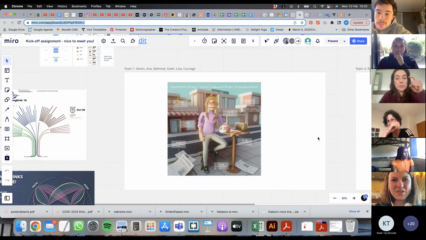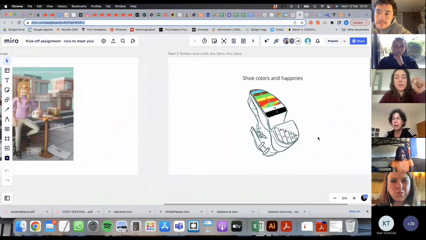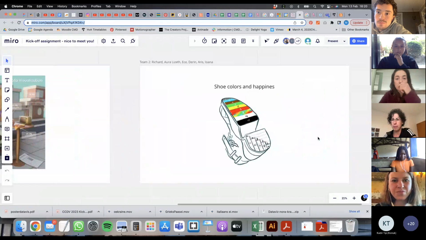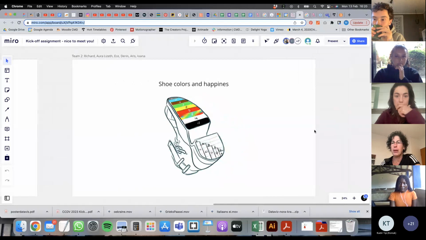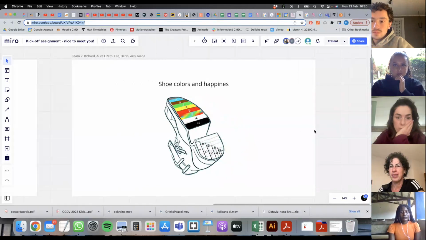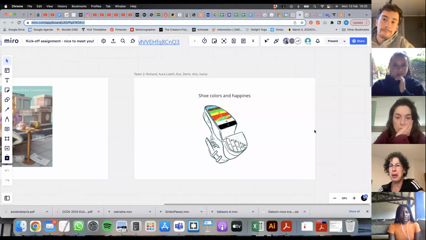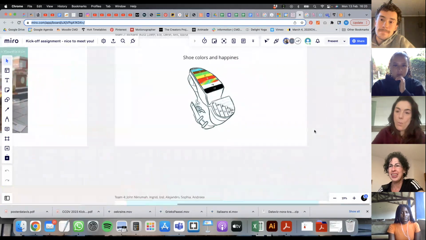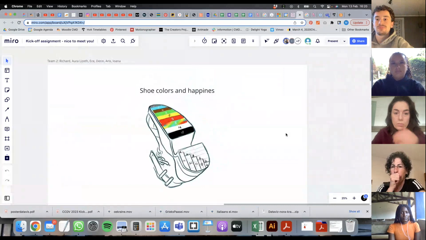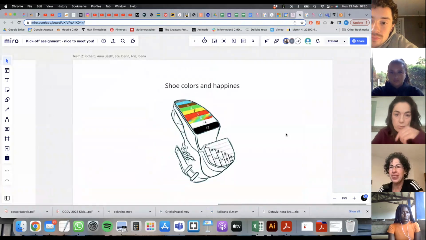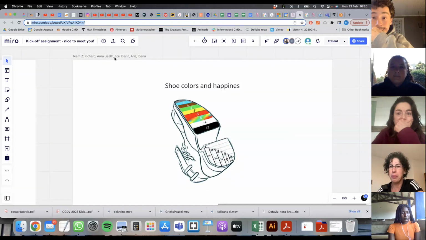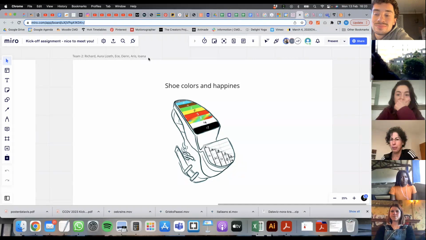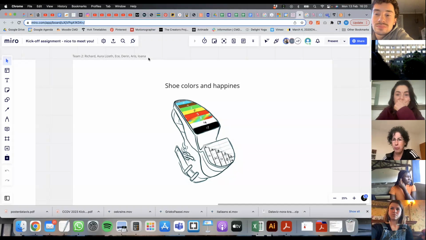So maybe we go to the next one. Mike, I will take care of incoming students, so you can focus on this. I also really like this one because it's so different from the others. They all have their characteristics, but look at this. What an original idea to use a shoe sole as a display of data. Is there anyone from the team who can tell a little bit about it, how you worked, or how you came to this idea?